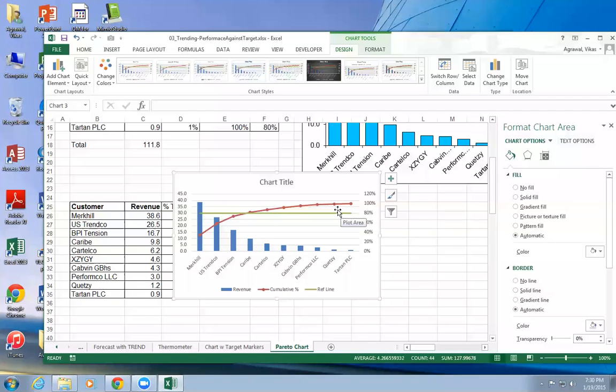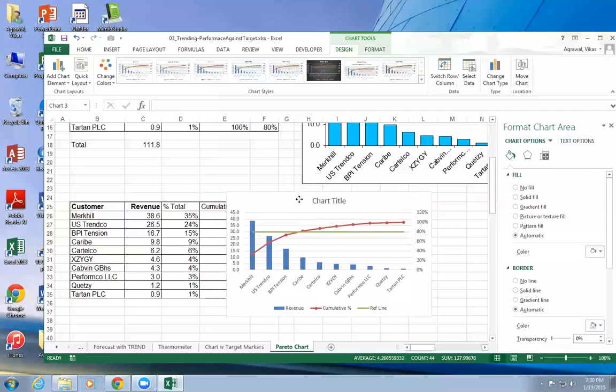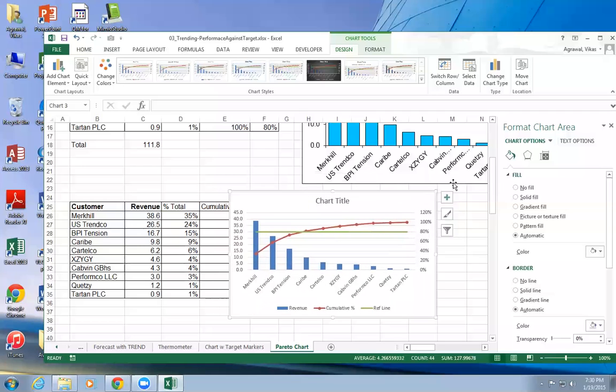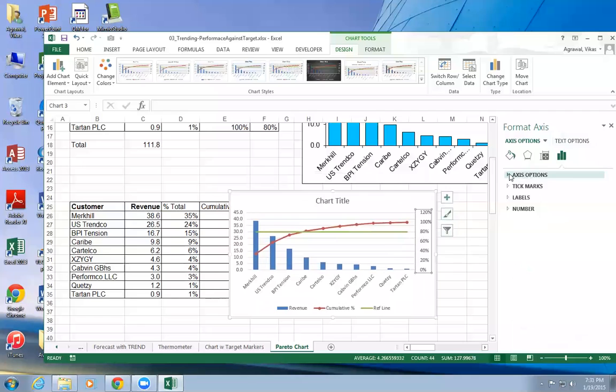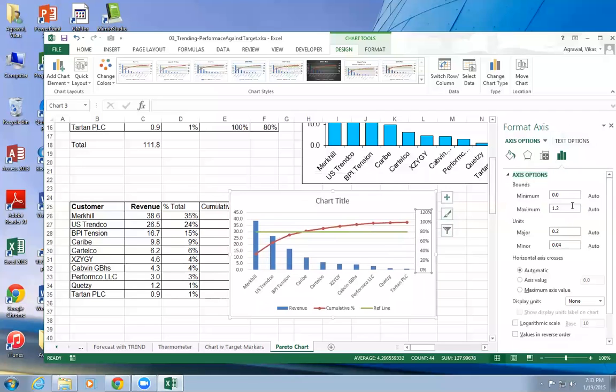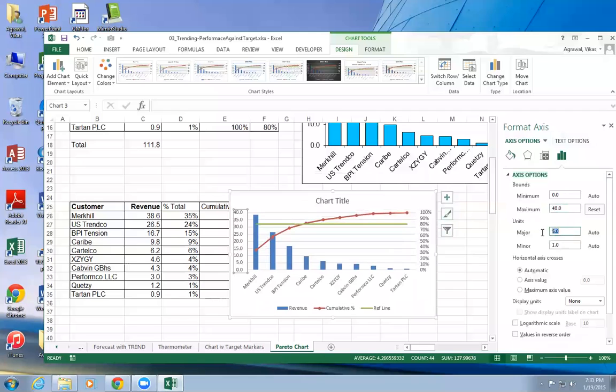And you can then customize all these charts, and I'm assuming that you know how to do it. For example, select this series here, go to Axis Options here, right? Maximum I want to go to 100, so I'm just going to take out that one. Okay, so it's going to go to 100. Maximum, this one should go to 40, right? And I can say the major unit is 10. So that looks a little better, right?